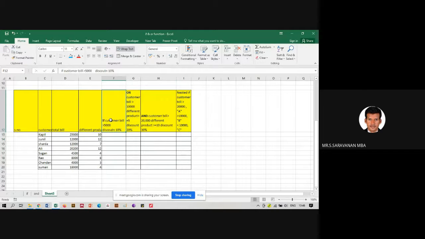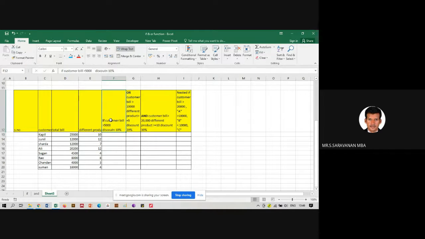We are going to see the IF function, OR function, AND function, and nested IF function. There are different types of count functions. This will be very useful for you whenever you are going to calculate different types of information.